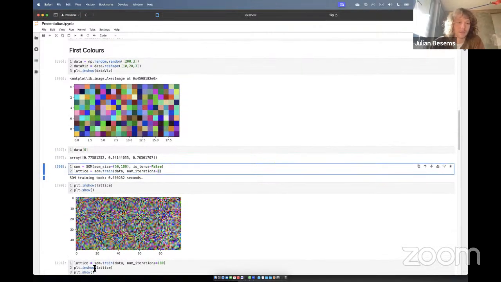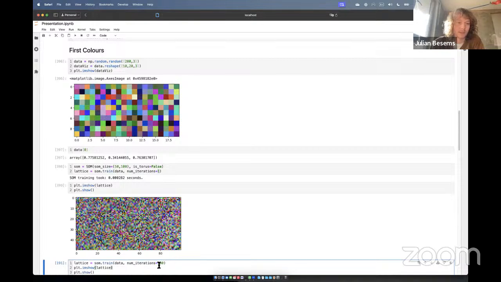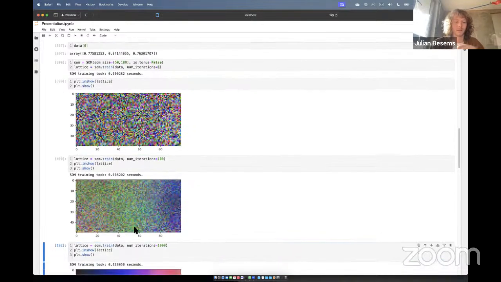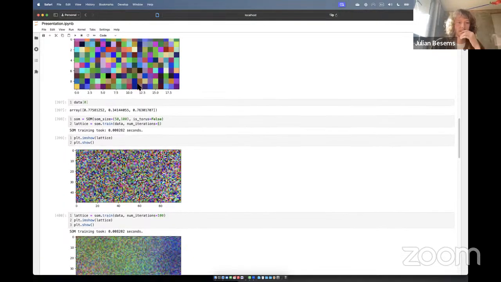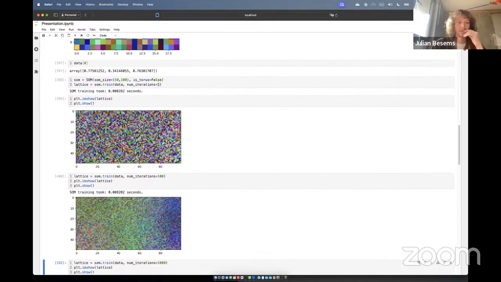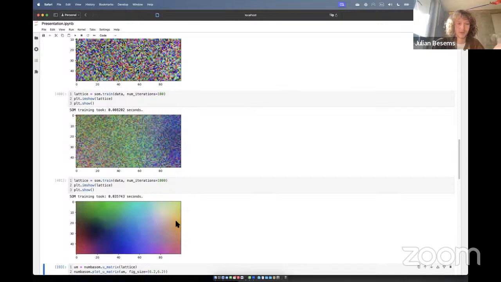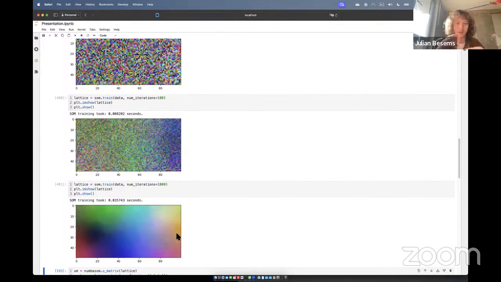Then if we start training it for 100 iterations, you start seeing that the self-organizing map starts to fit to an overall differentiation between where these different colors might sit in terms of how close they are. Doing that for 1000 iterations, we get a nice spectrum of colors that grade from one place to another.